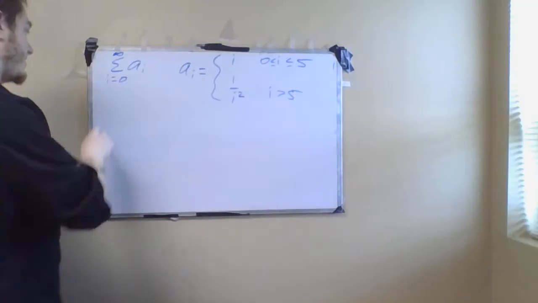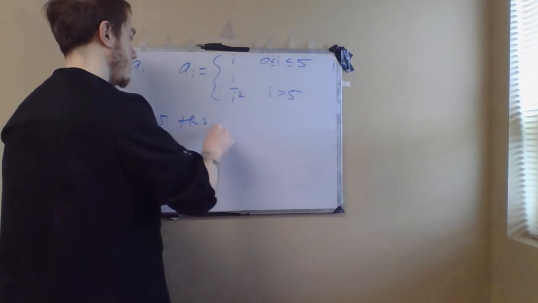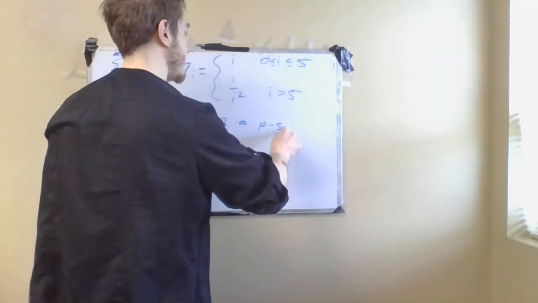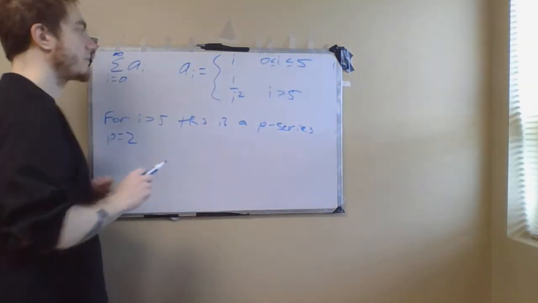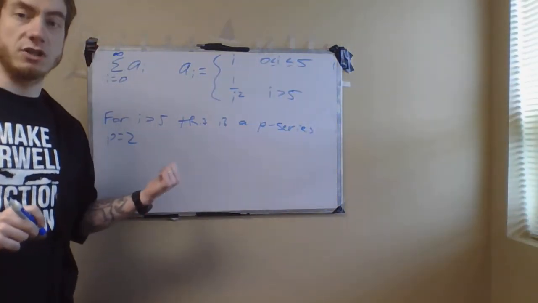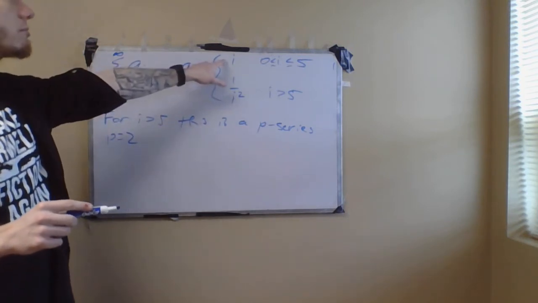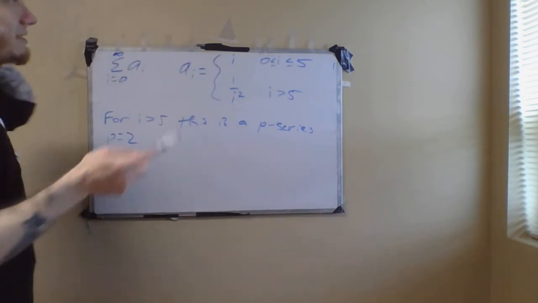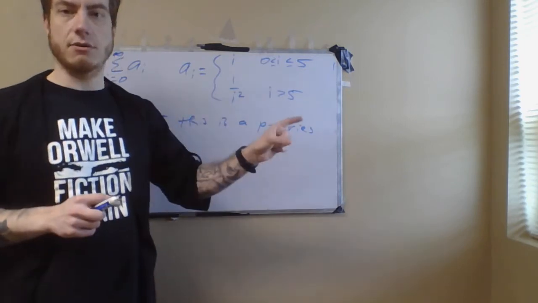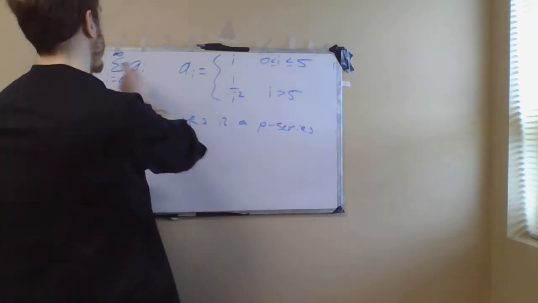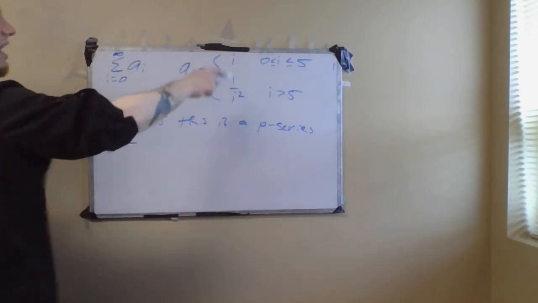For i bigger than 5, this is a p-series with p equals 2, and we know that such a thing converges from the integral test. But the first 5 terms, it's not a p-series. But we can just ignore those first 5 terms and look at the rest of the series. That converges, and therefore the entire series is going to converge as well,